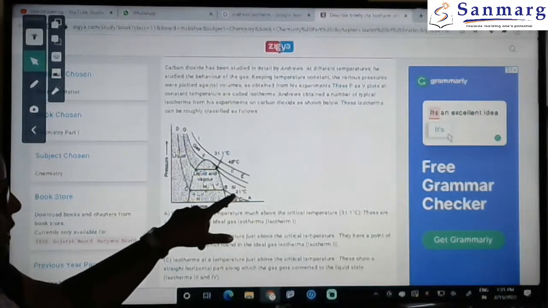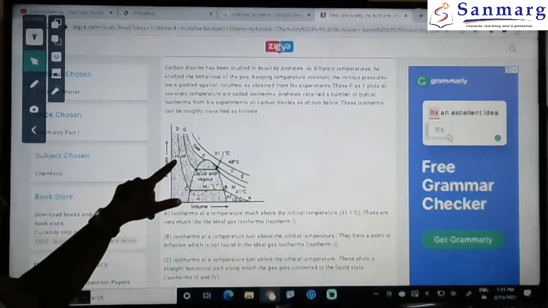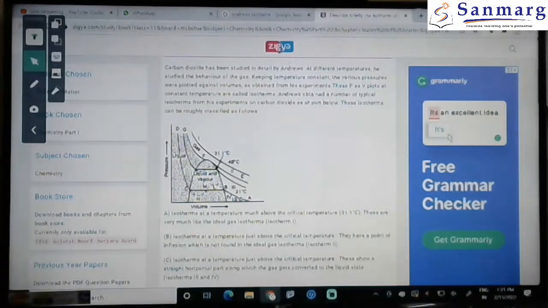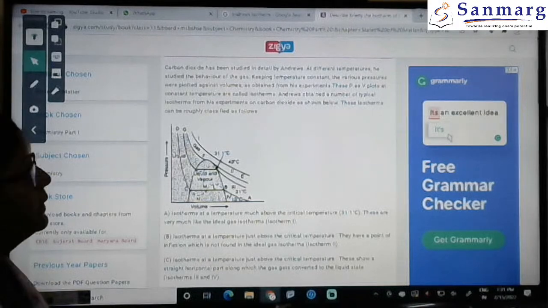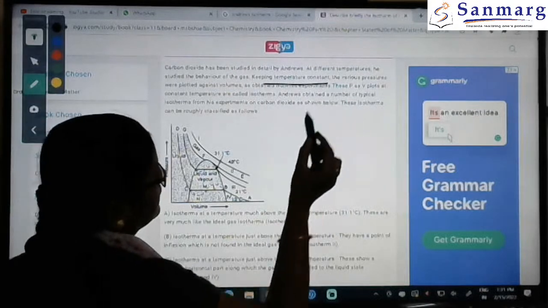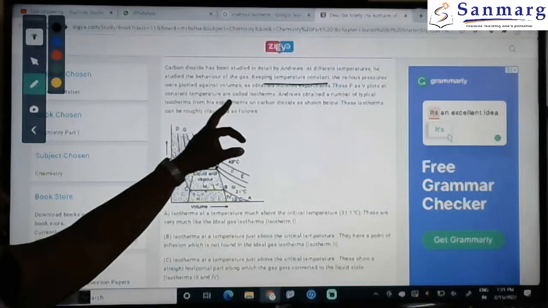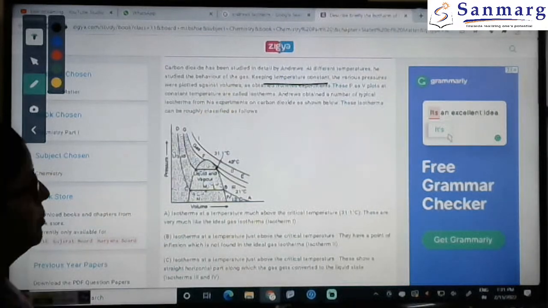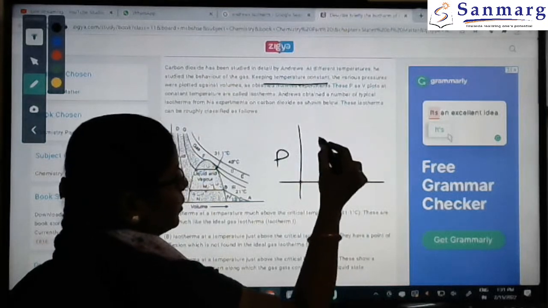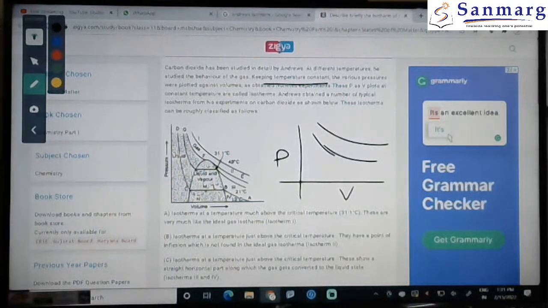So you can see the gas converting from gas state to liquid state, and finally it is converting from gaseous state to liquid state. See, keeping temperature constant, at different pressures and against volume it is plotted. That is pressure versus volume. Pressure versus volume, you get curves. Such curves are called isotherms.